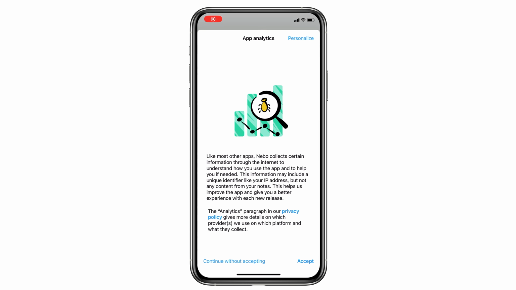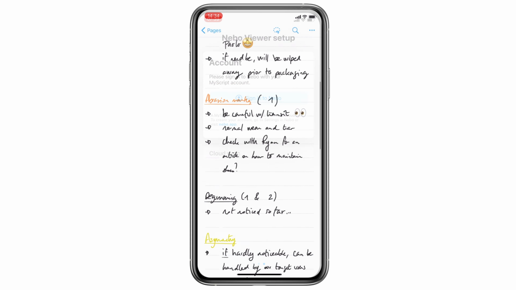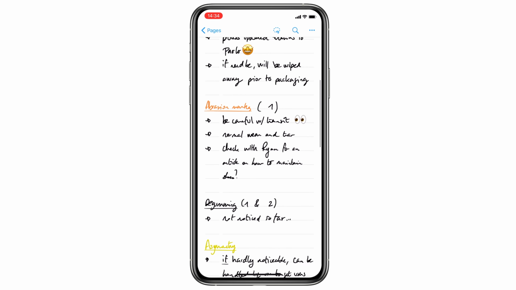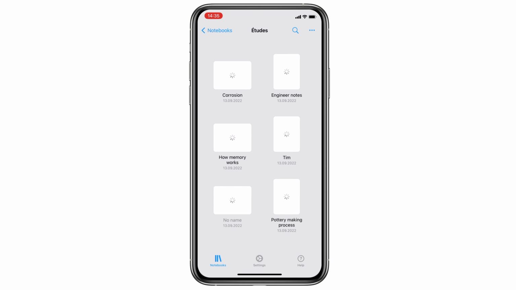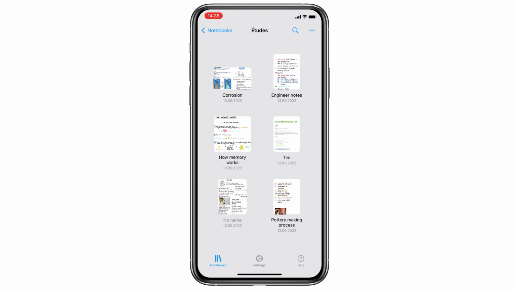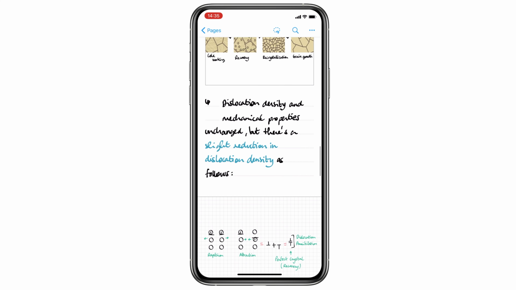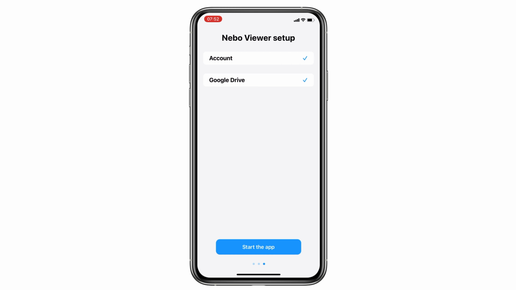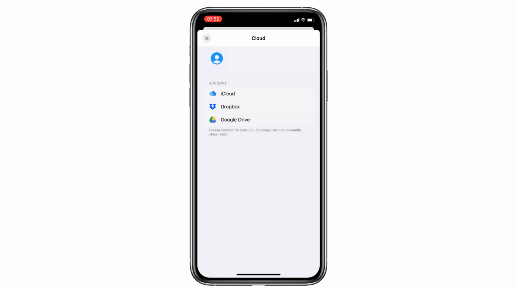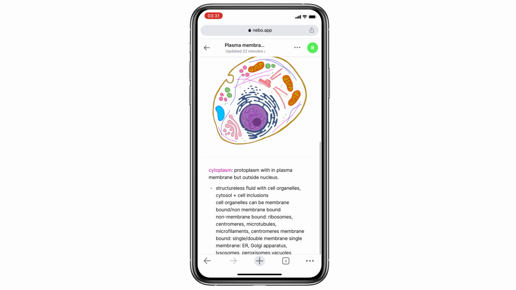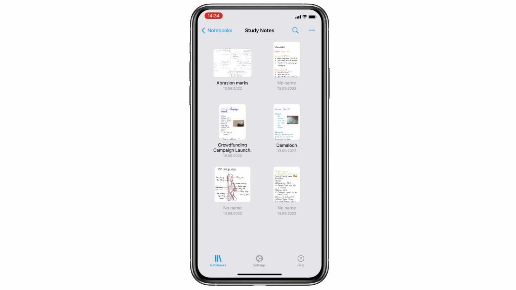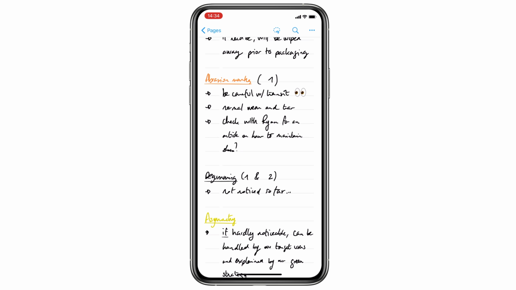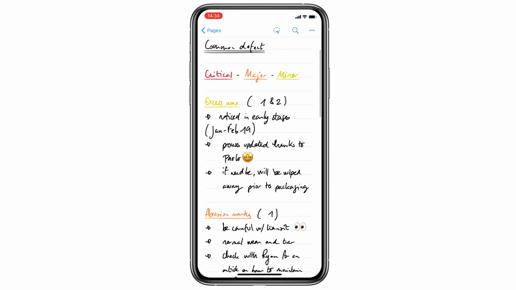The Nebo Viewer is a companion app for the iPhone that lets you access your content whenever you're away from your tablet, ensuring your notebooks are available at any time. In Nebo Viewer, you can browse, search, and share read-only versions of Nebo content via the cloud. Simply sync your main account via iCloud, Dropbox, or Google Drive, then sign in to Nebo Viewer to automatically sync your collections, notebooks, and pages. You can download any notebook from the cloud in seconds and browse in read-only mode.